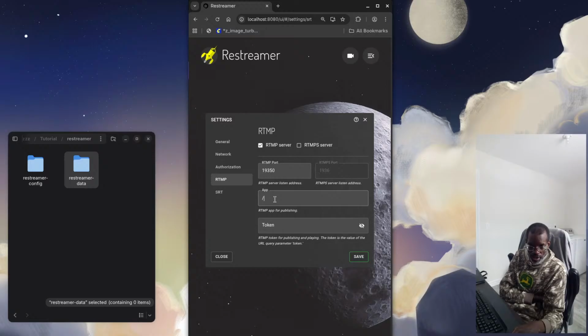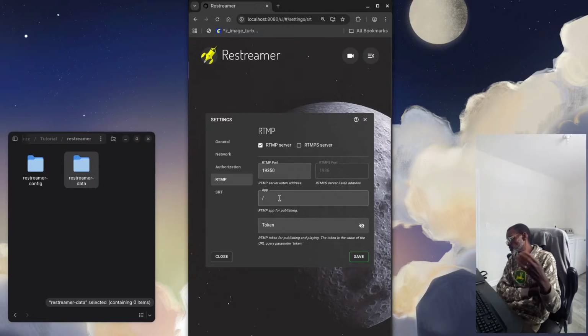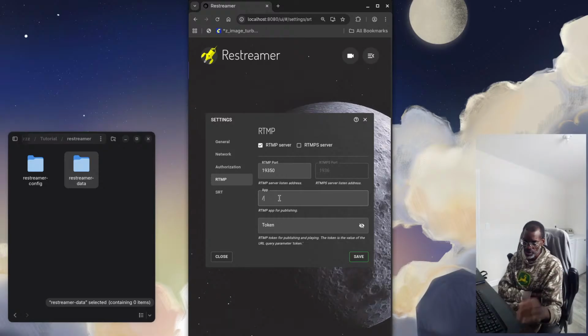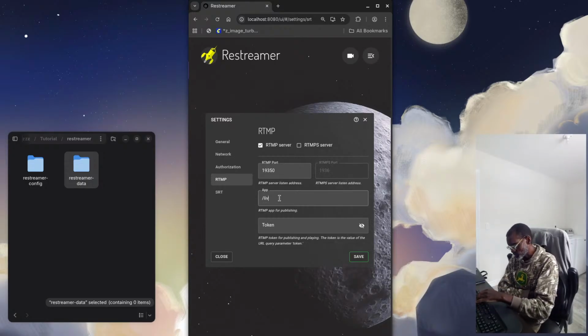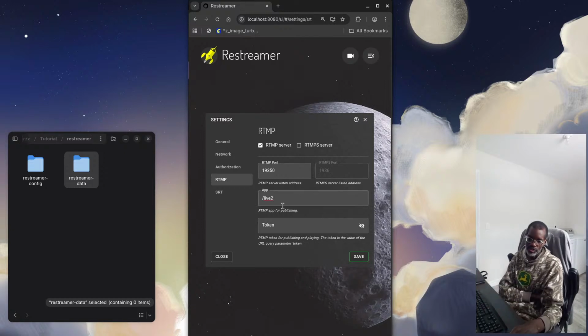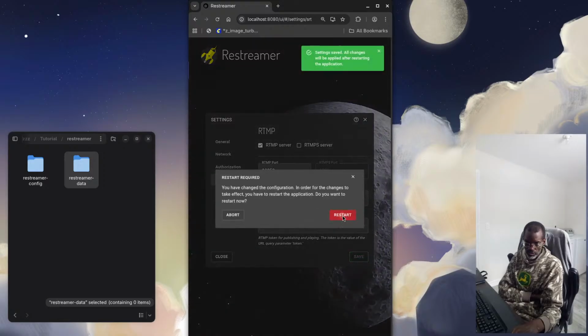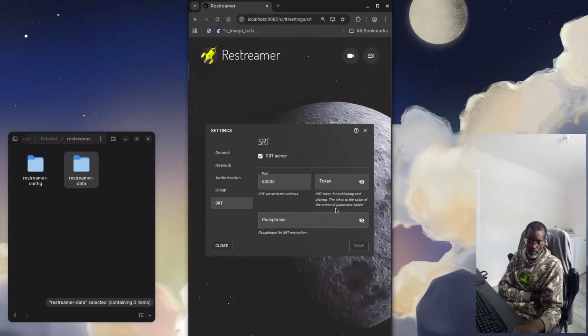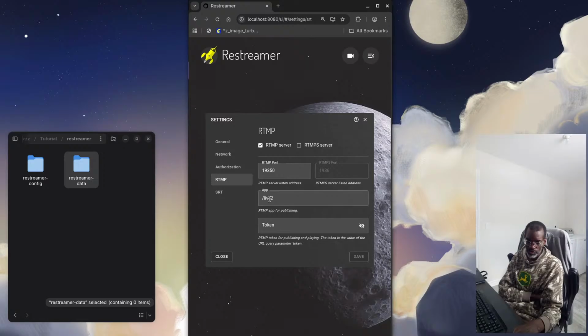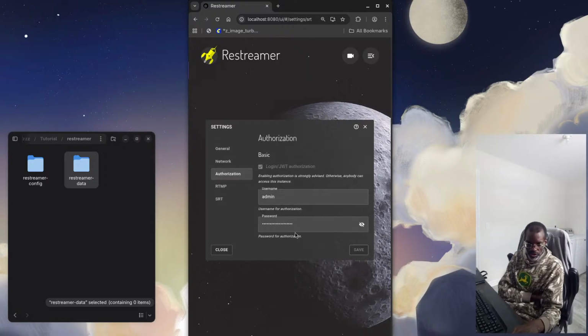Then you should add an endpoint here. Usually you call it something like /server or whatever name. I like using live, so you can just put something like live. I'm not going to put live because that's what I'm using right now. You know what? I'll put live 2. Then you go into your OBS, and in the streaming section you put it here. If I hit save, we start again. Yeah, so we have that, and you see it will be live 2, and then authentication.